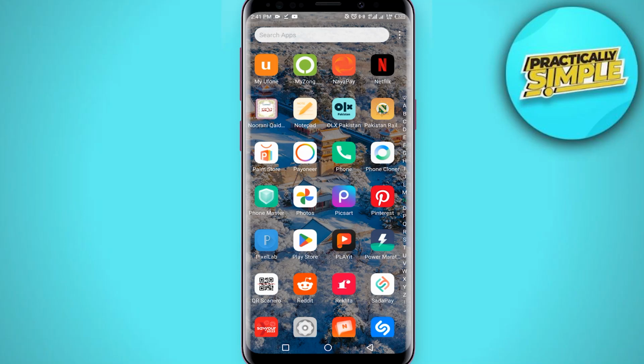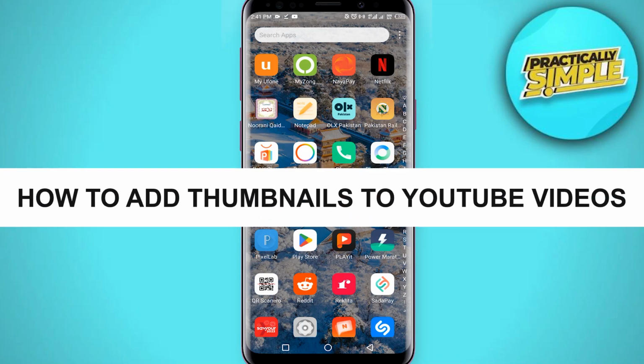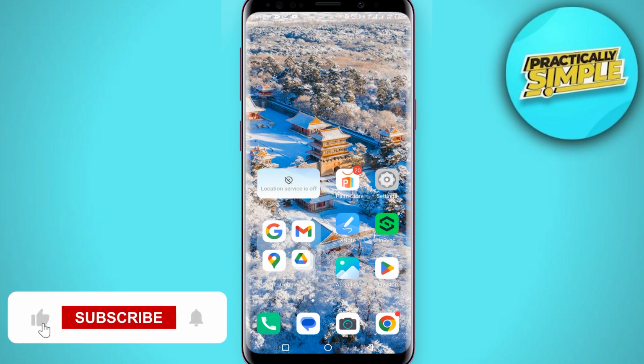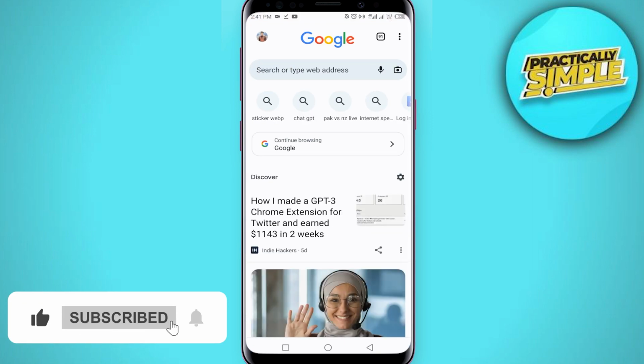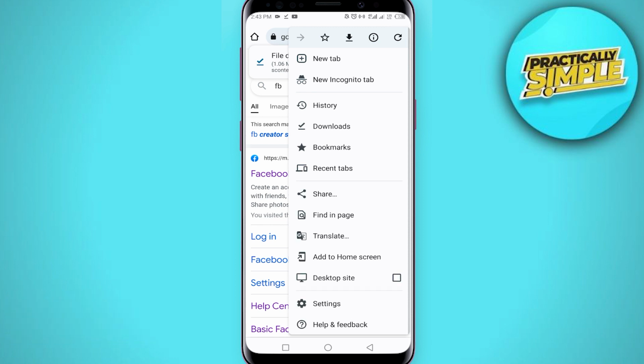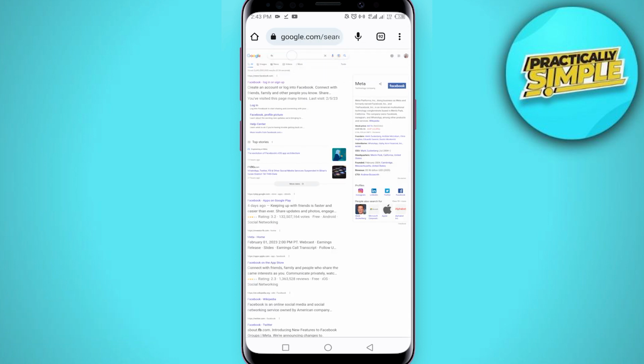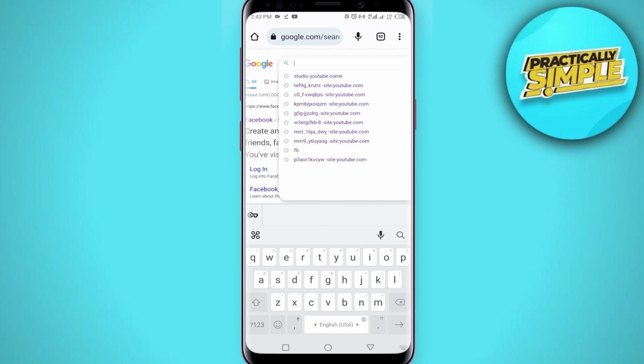In today's video, I'm going to show you how to add thumbnails to YouTube videos. So there are two ways. So first of all, just open up the Chrome browser on your mobile. You have to tap on these three dots and make sure this desktop icon is checked. Now in the search bar, what you have to do is you have to go for